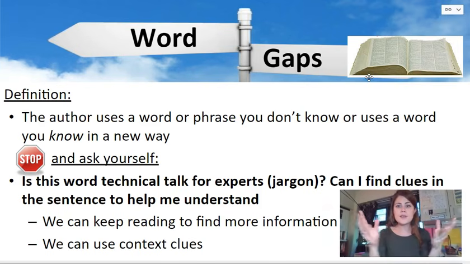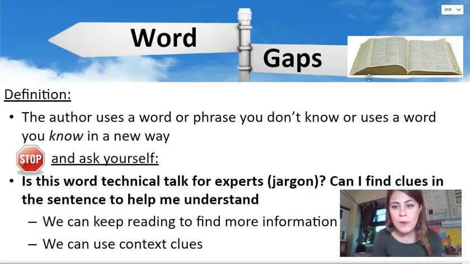And you're reading a sentence and there's kind of this gap of understanding, because you can maybe make meaning of it with context clues of what it might mean, but it might be a technical word that will help you understand the passage more. So basically, I've got this image of a book up here that's actually a tiny image of a dictionary, and it's to help you remember that if you're ever reading something and the author is using a word or phrase that you don't know, or is using a word that you do know, but you're like, I've never heard it used that way, instead of just passing over it, a signpost you could stop and reflect on is, first of all,